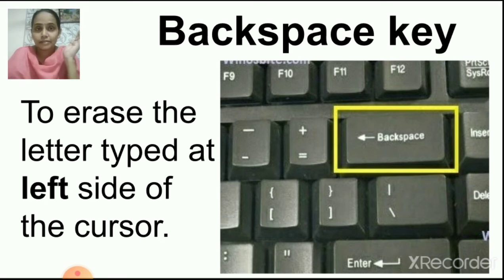This is your right side, this is your left side. So your cursor is in the center. When you press the backspace key, it will move left side, so you can erase it by using the backspace key.